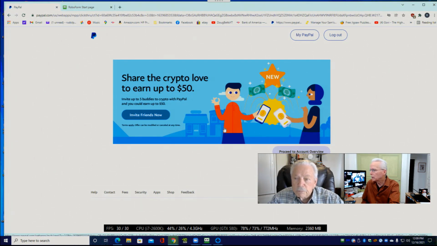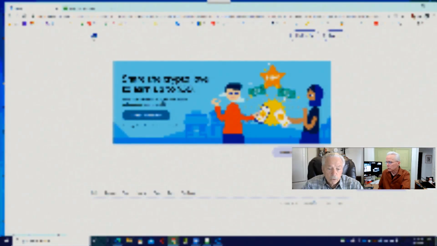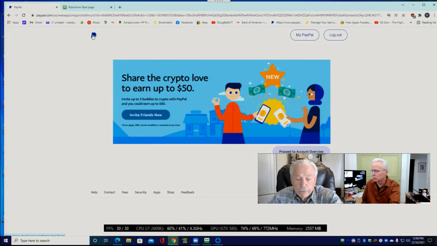And what we care about is getting to a place where we can change your password. And this is sometimes a little difficult to find on any particular website. I'm going to blur the screen, come over here to this letter P in the upper left. That's probably just going to take us back to the main landing page for PayPal, which may work fine for us. Or we could go to My PayPal.